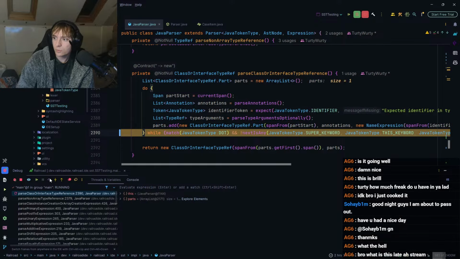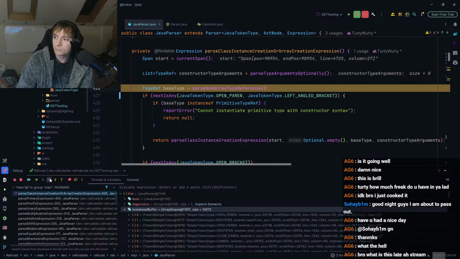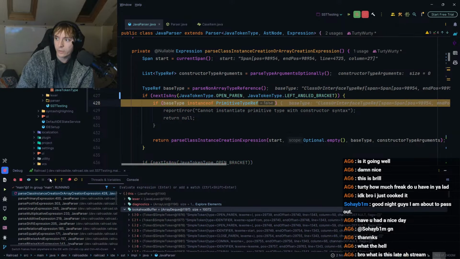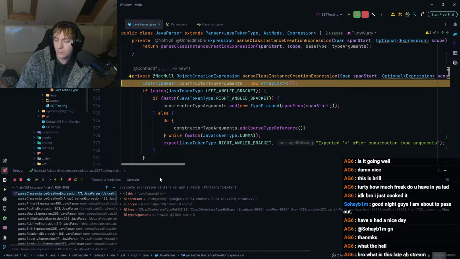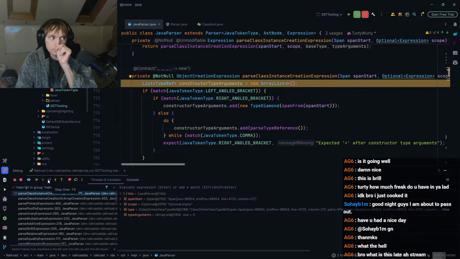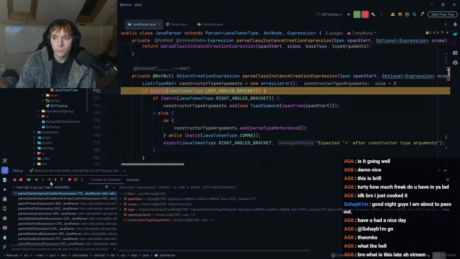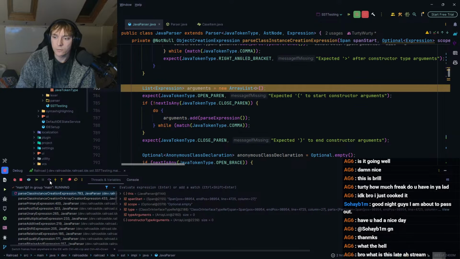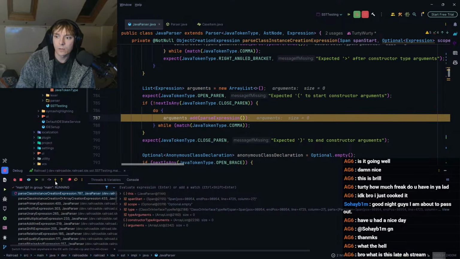Gives us the name expression. Okay, and then that comes back to here. So next is an open parenthesis. So it should go into here. Okay, so we have all of these. Look, the look ahead is still fine. Okay. So what is after? We have span from start. Okay, I think I know where the issue is. But we'll have a look at it in a second to make sure. So arguments, expect that, then we're going to pass an expression.